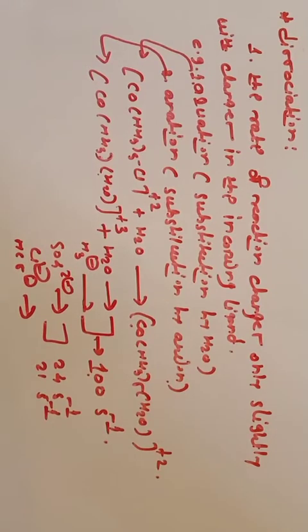The rate of reaction changes only slightly with change in incoming ligand. Similarly for NCS minus, it is 16 per second. These are comparable values, so this is the first evidence that the rate of reaction changes only slightly with changes in incoming ligand,